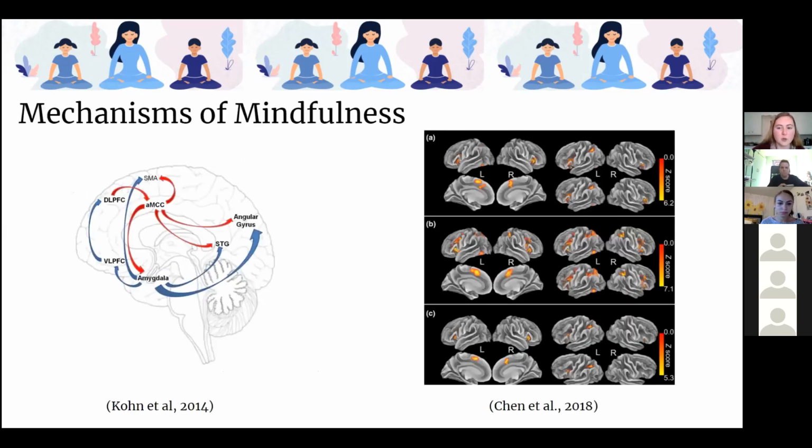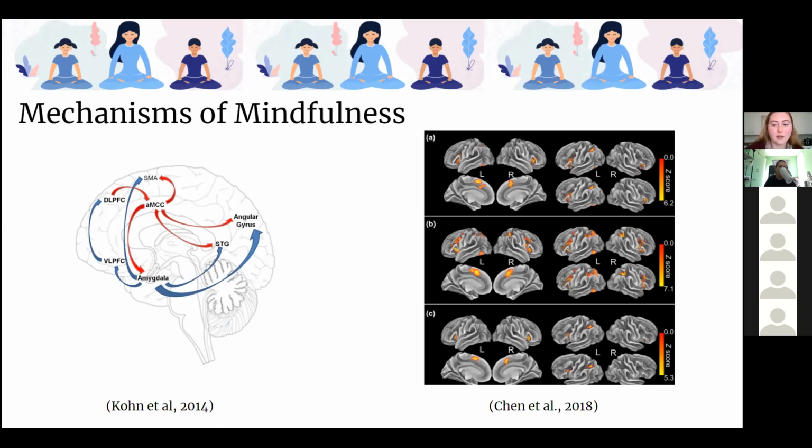Here I have two pictures of different brain areas where scientists have theorized that emotional regulation is going on. Unfortunately, there's not just one theory. There are multiple theories. You could read research articles all day and never come across the same theory or brain areas for emotional regulation. What I want you to take away from emotional regulation is that there are many brain areas and there are multiple connections across areas. It's not just one area that we're looking at.